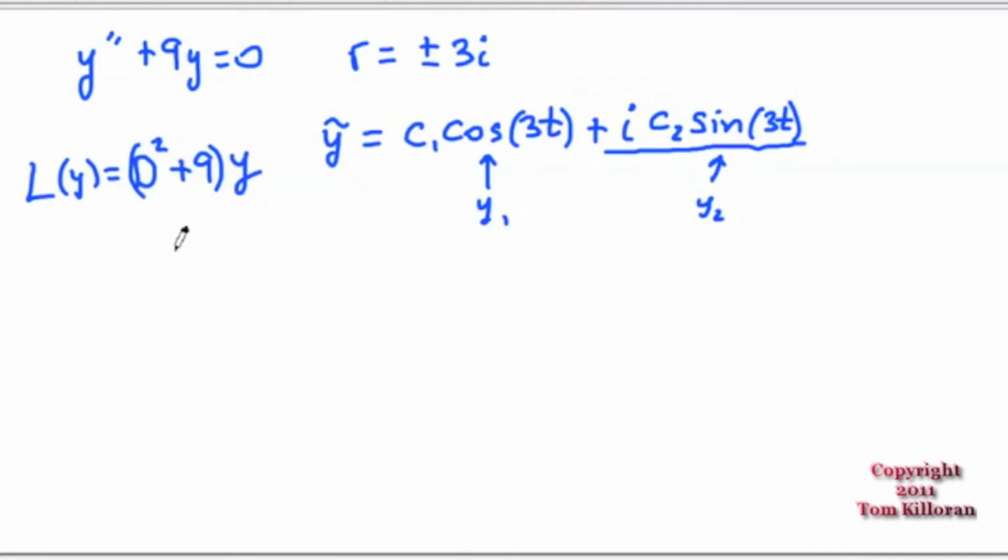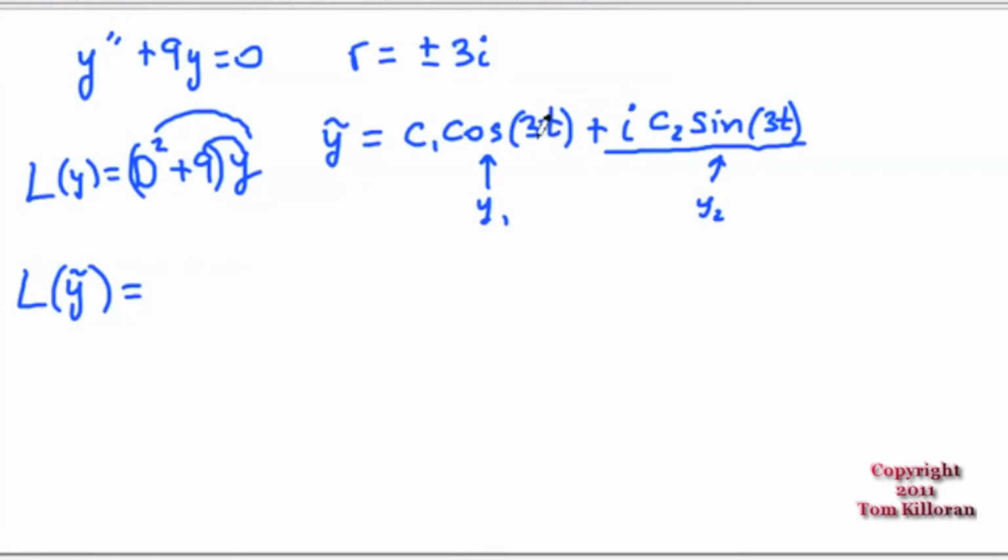It's usually written this way. So this becomes the second derivative of y and 9 times y. All right, if we do this linear operator, well, linear operators behave in a linear fashion. I forget what that's called. Oh well. So if we do a linear operator on y tilde, what's going to happen is you're going to have,